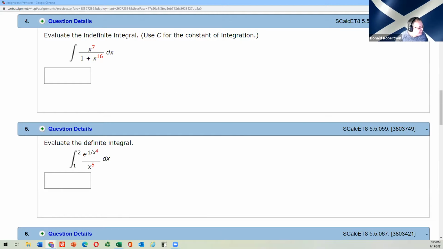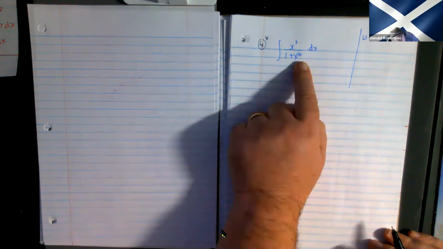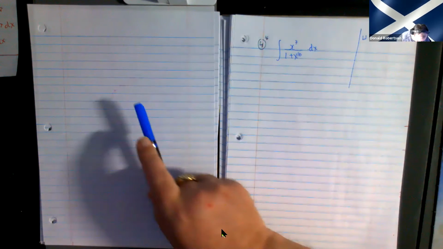Okay, let's show you it working then. If someone gives you an antiderivative that just looks like that, you might say, well, why couldn't I pick 1 plus x to the 16? Because that works lots of times. Well, if you differentiate x to the 16, won't you get x to the 15? Do you notice that there's no x to the 15s anywhere? It's not going to work. But if you pick this guy,